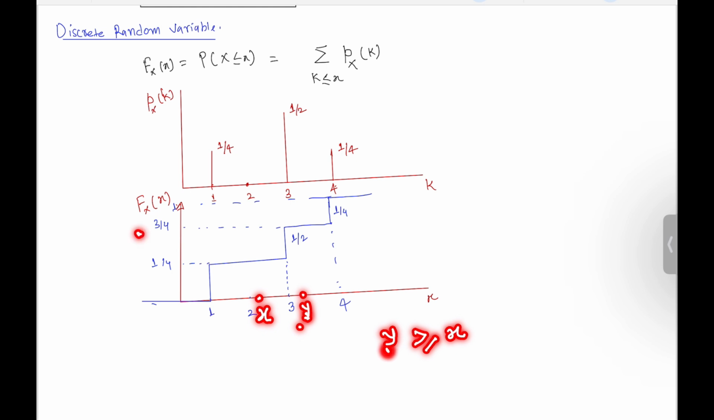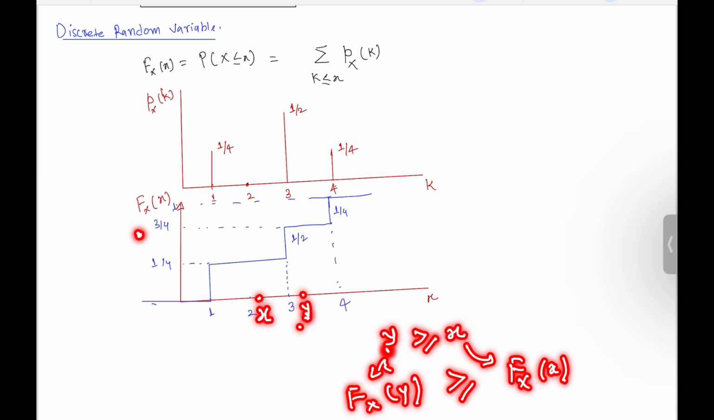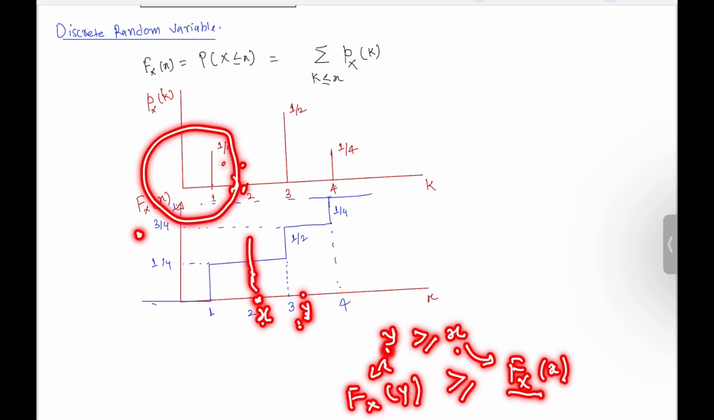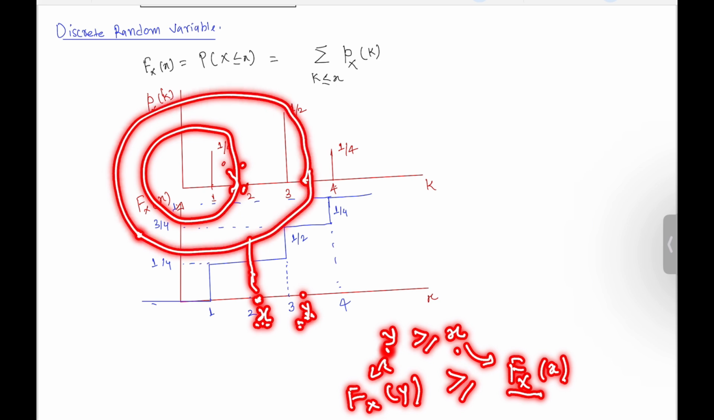So the CDF is non-decreasing, that means whatever value you get corresponding to this, and whatever value you get corresponding to this, this value will always be greater than or equal to this value, right? Because if x is less than y, you are accumulating the probabilities till this point, and if y is greater than x, you are accumulating the probabilities till this point. So obviously this will be greater than this value,